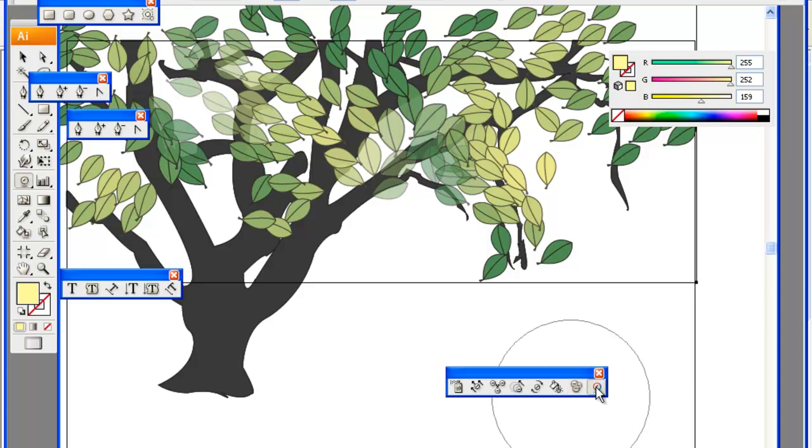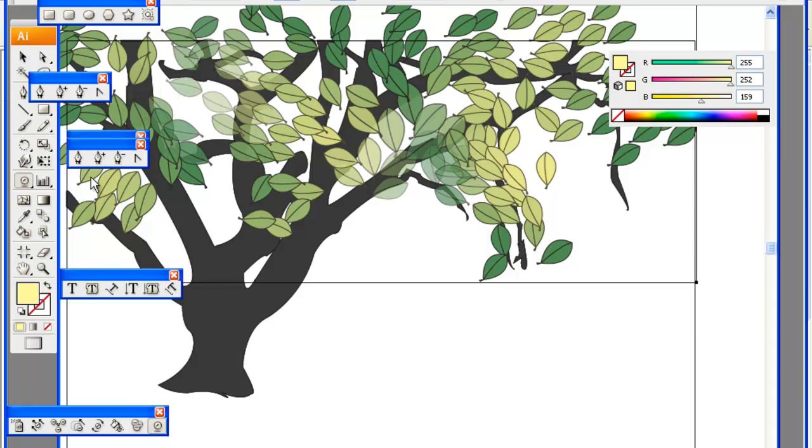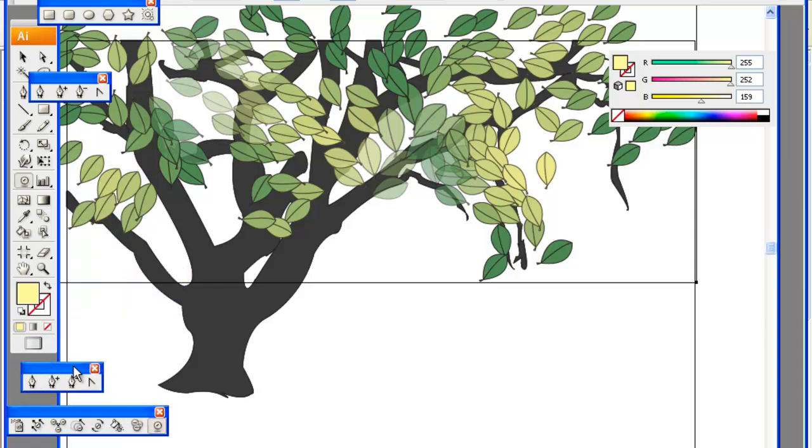Yeah. So just play around with the symbol sprayer. You need to use a symbol sprayer in this assignment because that's one of the tools that I wanted you to learn. Once you have your leaves on your tree,